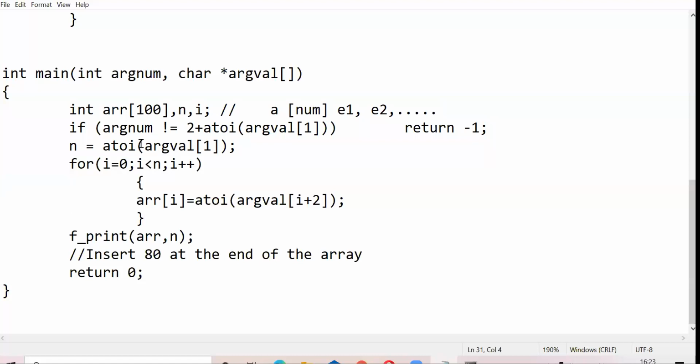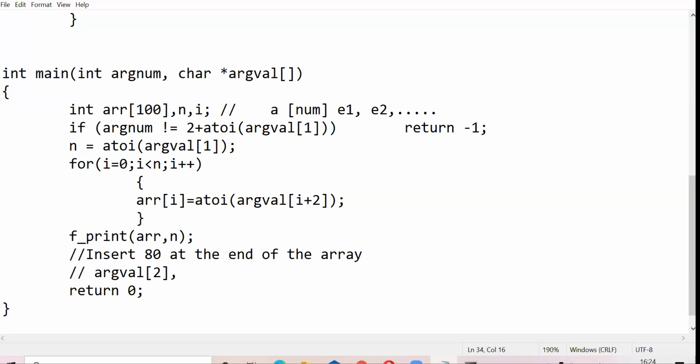So here your array is built, right? I have read the values from the command line arguments. I have my array ready, and now I want to see the first element in this array. You can access it in two ways, as two of you wrote. Definitely the first element of this array is present at this location, argv of 2, no doubt in that, because your first argument was your program name, the second argument was the number of elements in this array, and now argv of 2 will tell you what is the first element in this array.